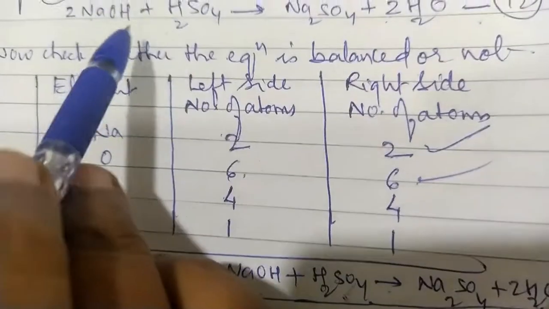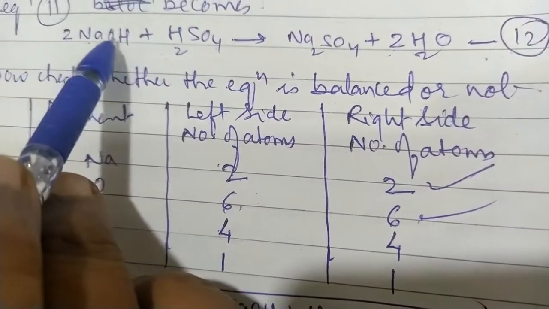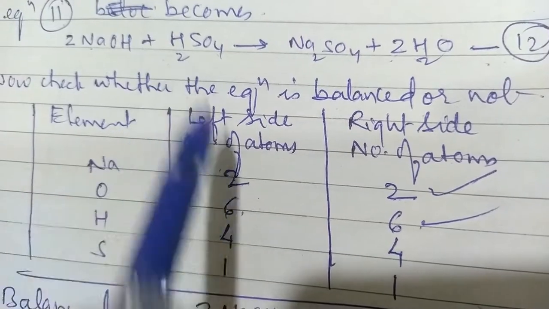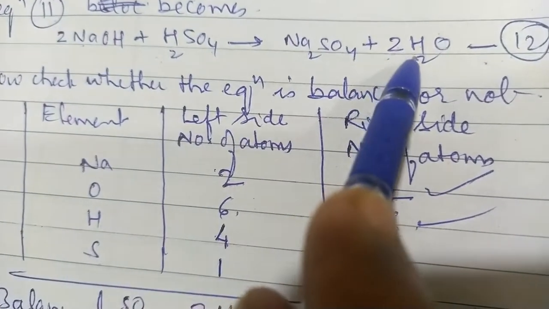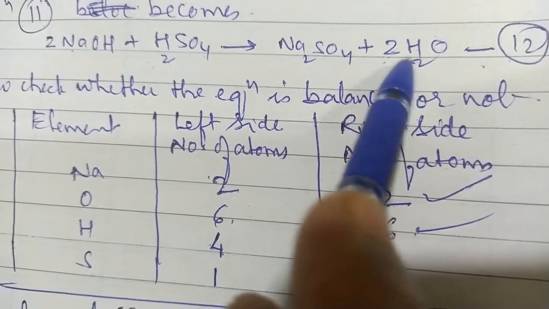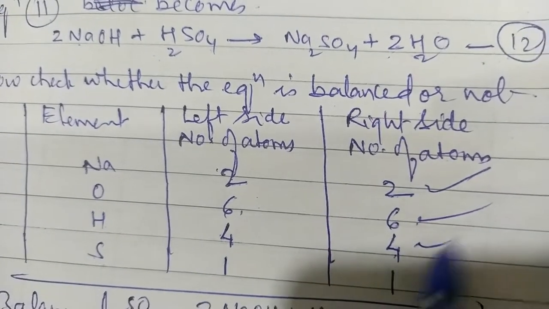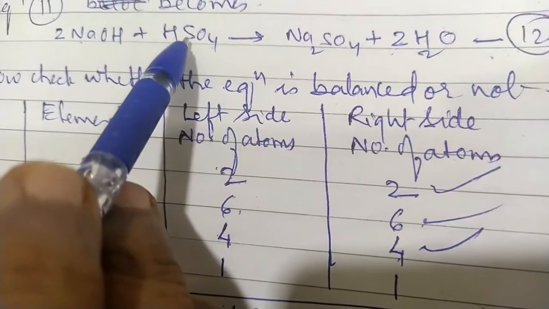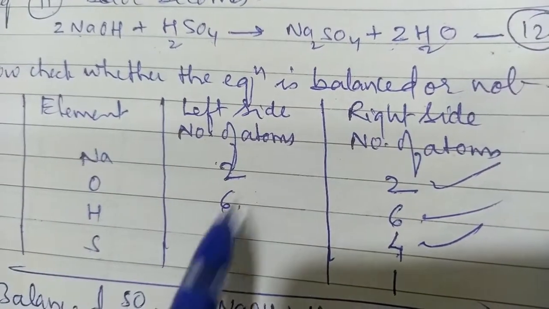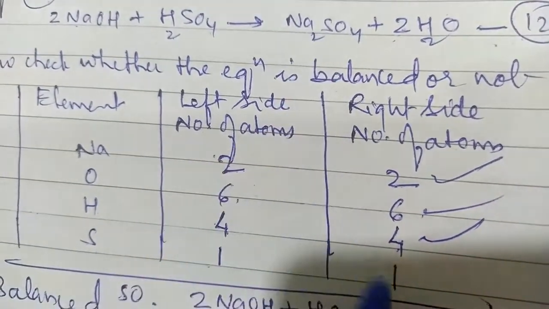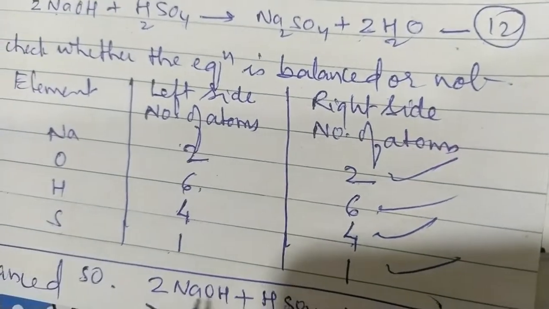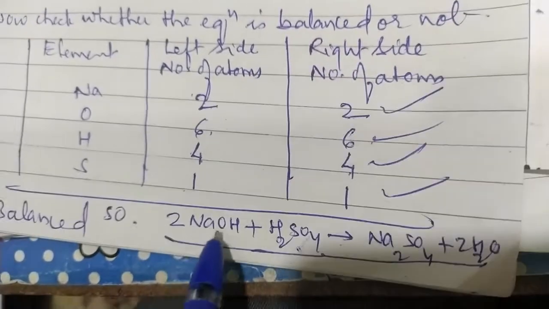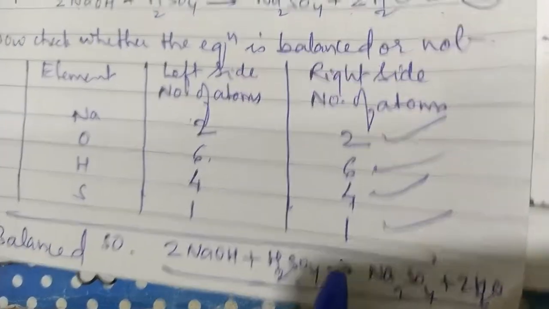It is balanced. Now next is the hydrogen. How many are there? Here 2 hydrogen and here 2. 4 hydrogen. So I have written 4. Now here you see how many hydrogen are there? 2 into 2, 4. So I have written 4. So this is also balanced. Now sulfur, how many are there here? 1. Okay, I have written 1. Here how many sulfur are there? 1. So this is totally balanced. So in this manner, this is our final equation. Okay, so hence it is balanced. Thank you.